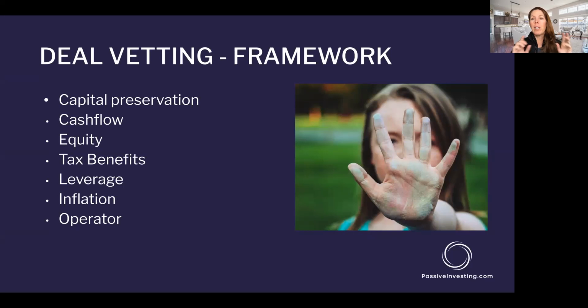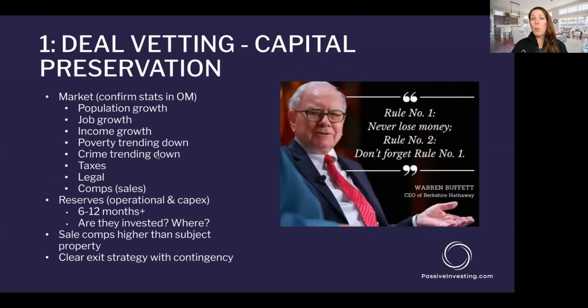So let's really understand, how do I suss out if each one of these pillars is being protected adequately in a deal? All right. So pillar number one, capital preservation. This is our good buddy, Warren Buffett. I told you you're going to see this quote a couple times. But really, when we're looking at capital preservation, my top 4 things that I vet out for a deal